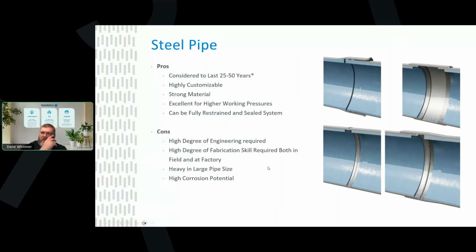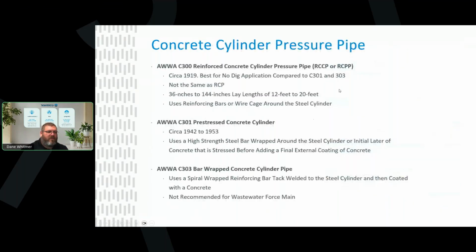And I hope one thing that's coming through on this idea of the different types of pipe is that there's no one silver bullet to use. Everything has its own pros and cons. But the great thing is that we can design for any of the inadequacies that these pipes might encounter. So as long as we know about them, then I, as an engineer, should be able to design a pretty resilient system that lasts the expected lifetime.